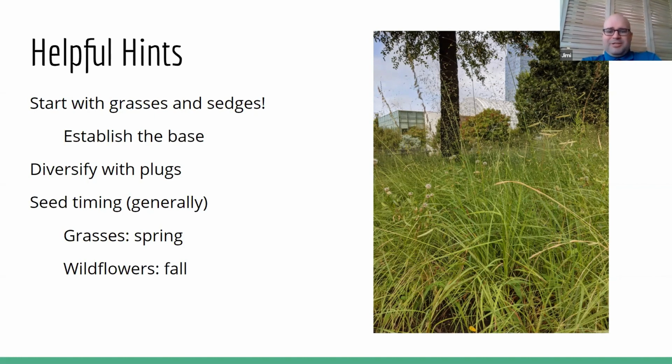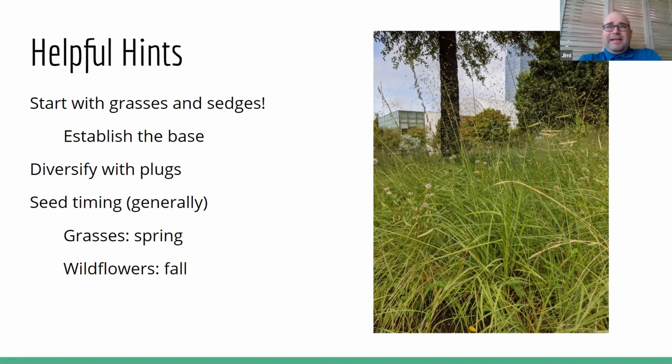Now, once you establish your base with your grasses or sedges, I like to diversify with plugs. Plugs give more of an instant satisfaction, and you can control the placement of plugs more. And as I talk about in one of the next slides, it helps overcome one of the other pitfalls. But if you are using seed mixes,